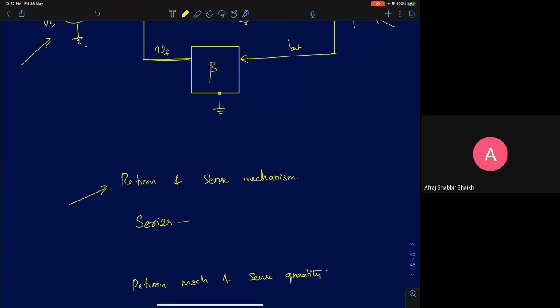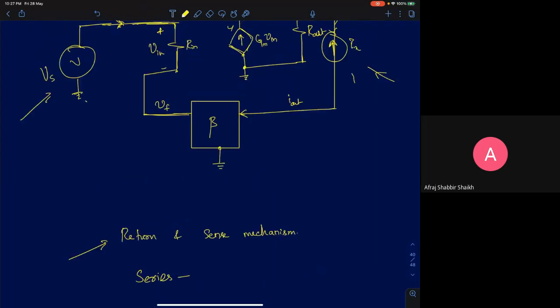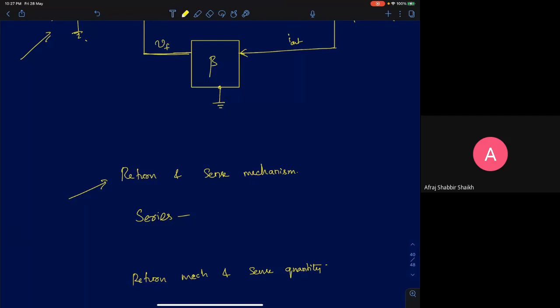At the output, you are sensing current. So what is the connection at the output? You are sensing current, it's again series. So this is a series feedback amplifier.